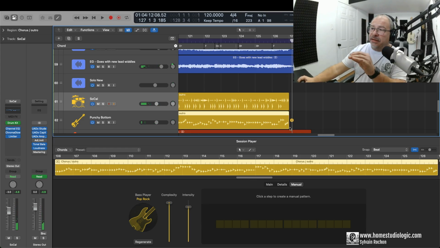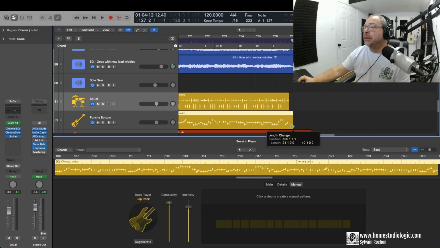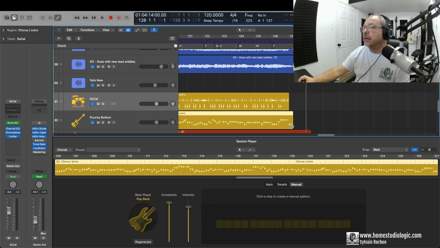Now it's stopping very fast. Let's say you want the bass player to end on a note. What you will do is extend it right here, and maybe extend it a little bit more. Let's say we extend it to this,